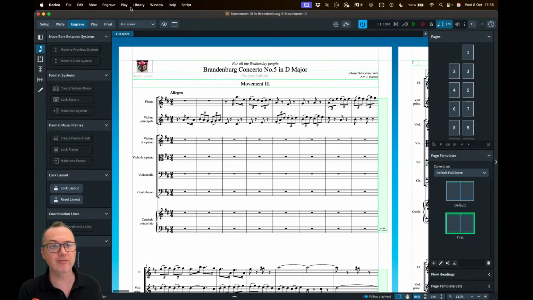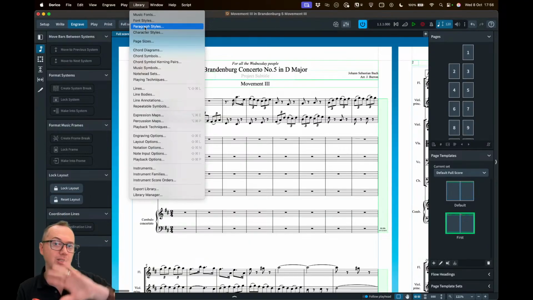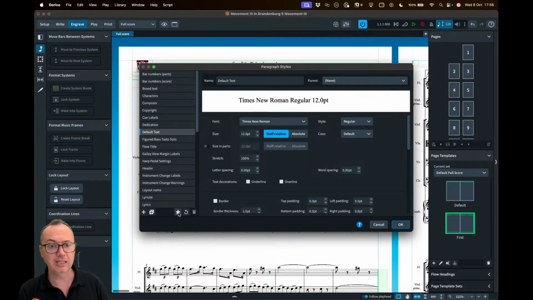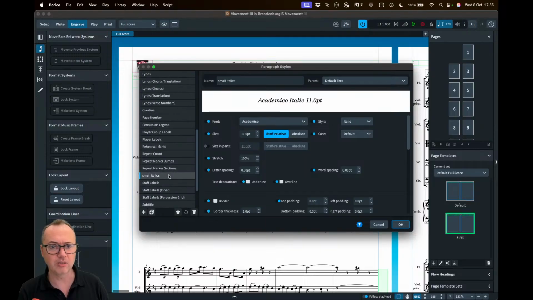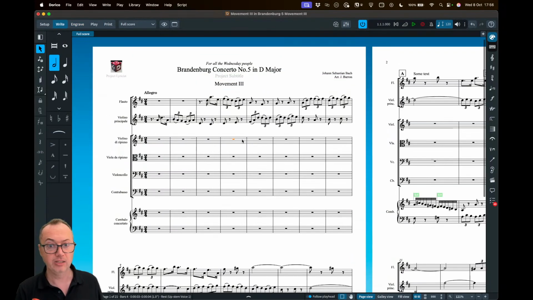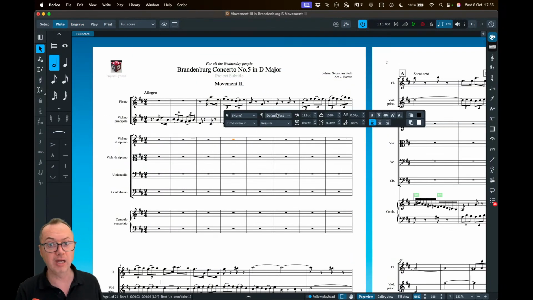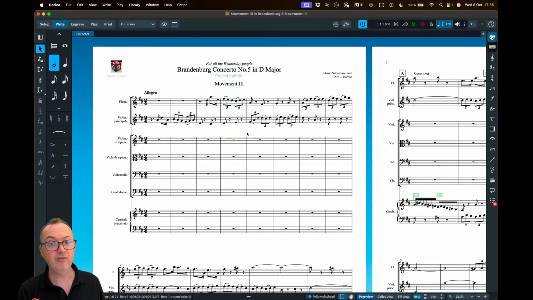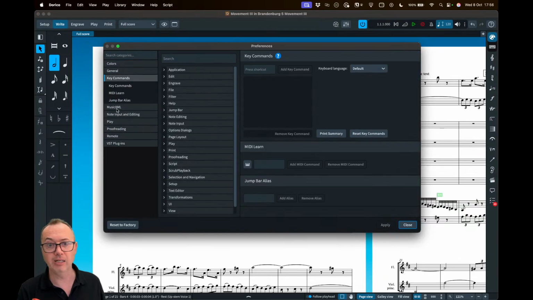We also looked at various things to do with the paragraph styles to make things look consistent. When you're setting paragraph styles, you can click the little star, because then, what did I do? Small italics. I've clicked the little star so that all of these things then get imported automatically. Actually, what's also really useful is if you click the little star, it's then available to make a shortcut for that paragraph style. So instead of just using Shift X to make a text item and then changing the paragraph style, if you want it, you can go to Preferences and you can go to Key Commands, and when you